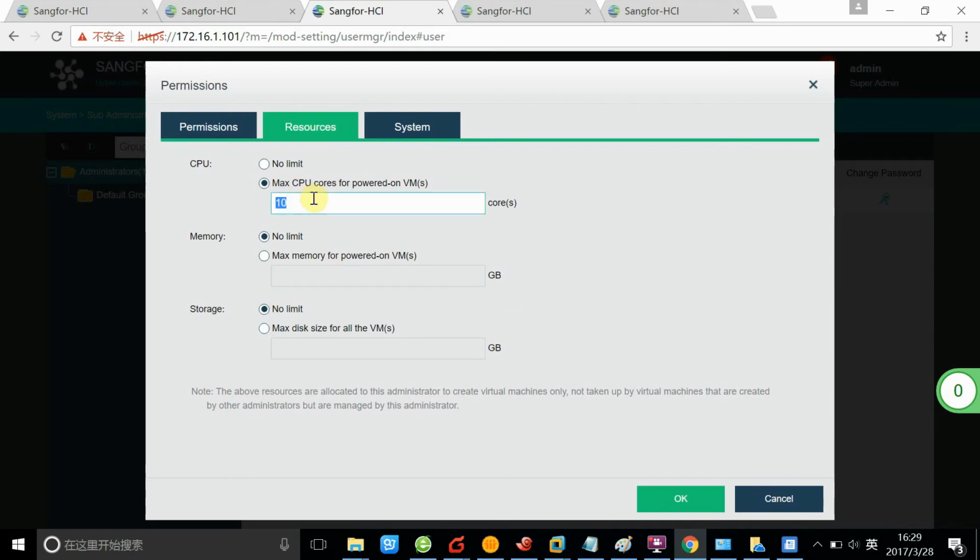It can create VMs, and I will allocate a certain amount of resources to the account. The resources of the VMs that are created by this account will be limited. Like the CPU cores will be limited to 6 cores, and the memory, I will allow it to run 64, no actually 16 maximum, and for the disk size 20, or maybe 50. Okay,